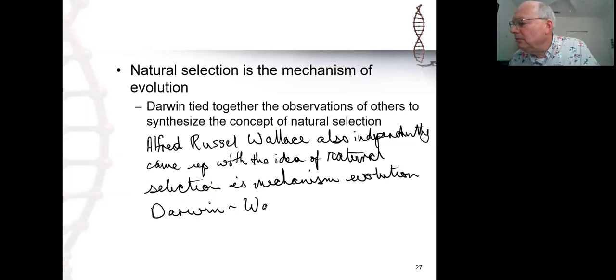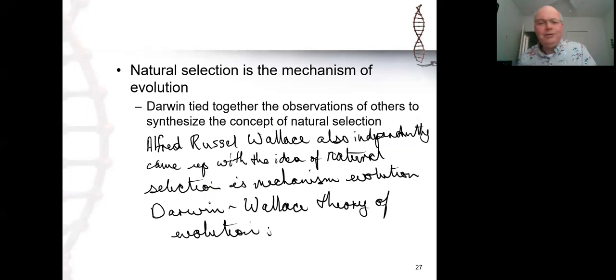So it's actually the Darwin-Wallace theory of evolution. That's how we correctly refer to it these days, as the Darwin-Wallace theory of evolution. So